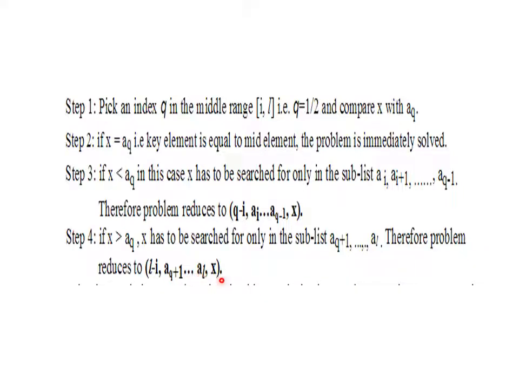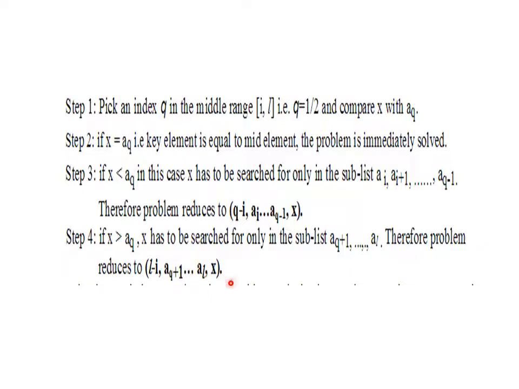and X. Now, in our example, we have considered 8 items, n equal to 8, and we have checked the middle item. The mid index value we got is 4, and the mid item is not equal to the search item. Then we compared whether the search item is less than the middle item, and that condition is also false.